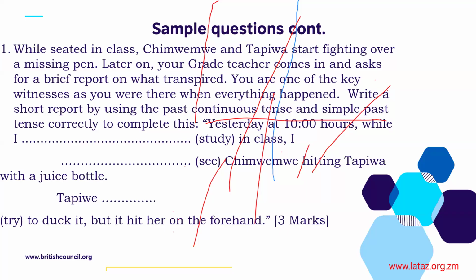Look at now, the question comes. Yesterday at 10 hours, while I (study) in class, I (see) Chimwemwe hitting Tapiwa with a juice bottle. Tapiwa (try) to duck it, but it hit her on the forehead. 4 marks. So now, you see, instead of just asking people to say, change the following verbs from past to past continuous or from present to past,